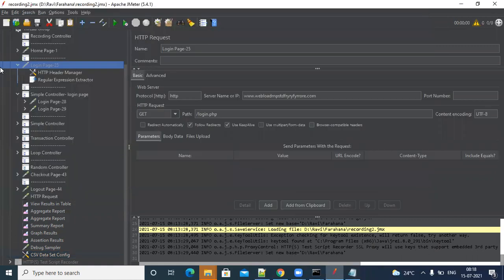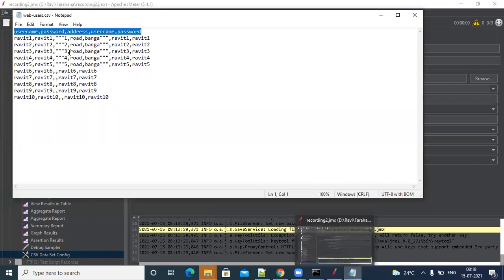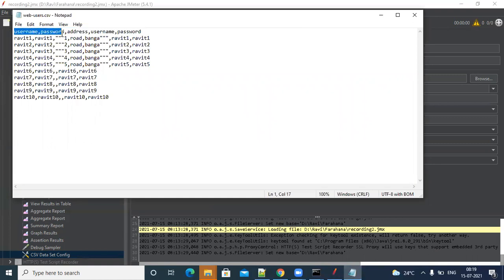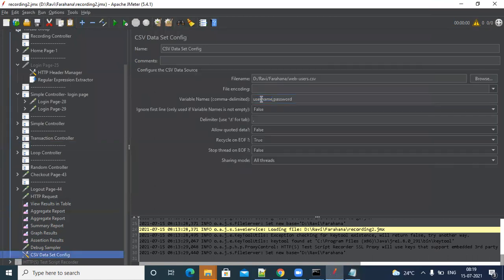Okay, let's try the first option in the CSV config. Let's write the variable names: username, and you can write any name here, no spaces, password. So what does it mean? This first variable, username, will take the first column of data. It won't take any header. If you define the names here, it will take the first column of data as username and the second column of data as password, irrespective of whatever the header name is. You can put A, B, C, whatever it is. The first column will be under this, the second column will be under this.